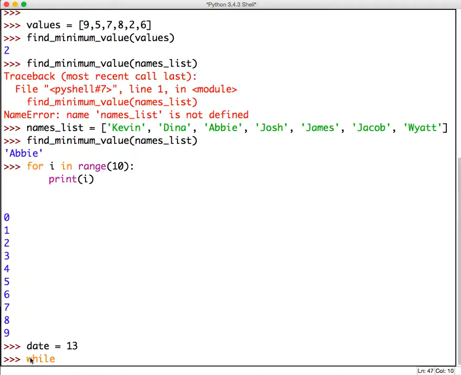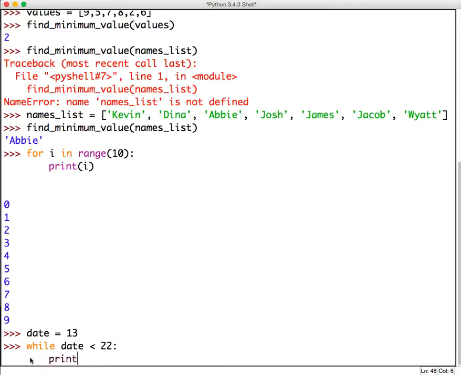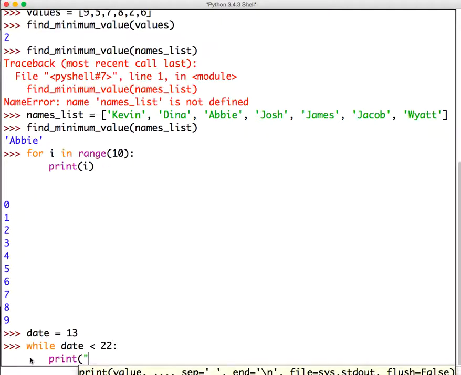And while the date is less than, let's say, 22, we're going to print today is December, comma there, date, okay, not yet winter break, okay,